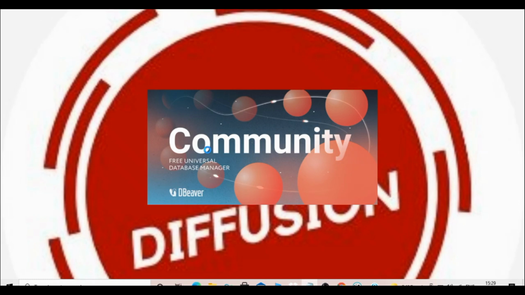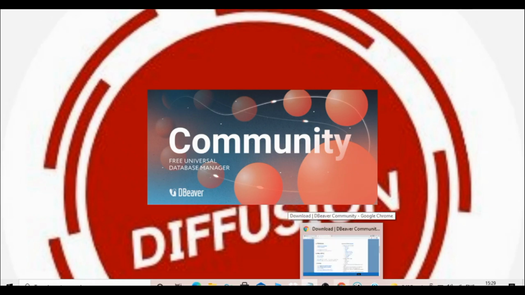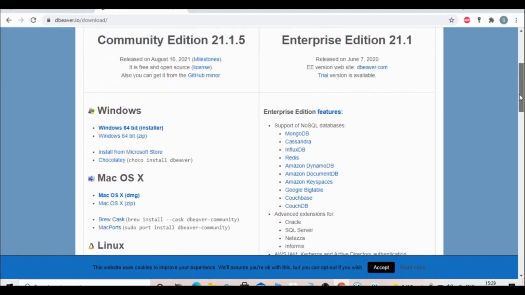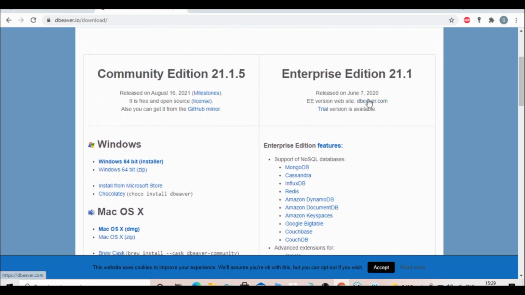Community means open source software for everyone who wants to use it. It's not paid. If you want the paid software, there is also an enterprise edition.